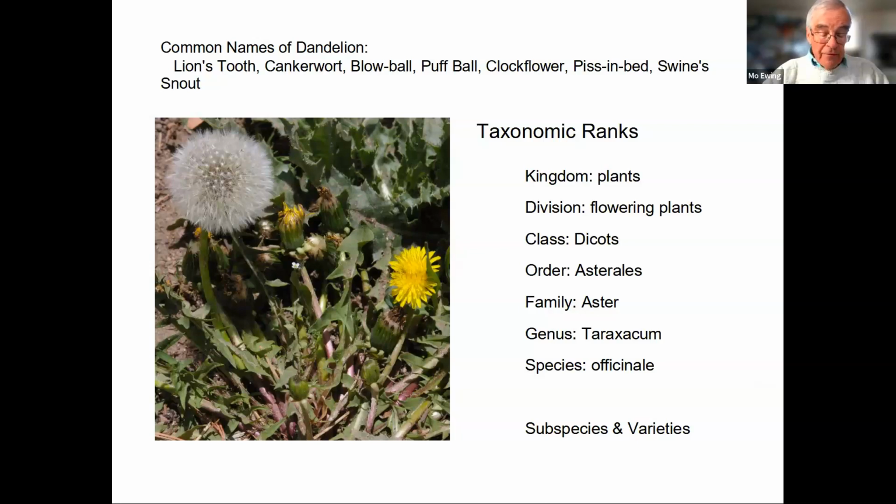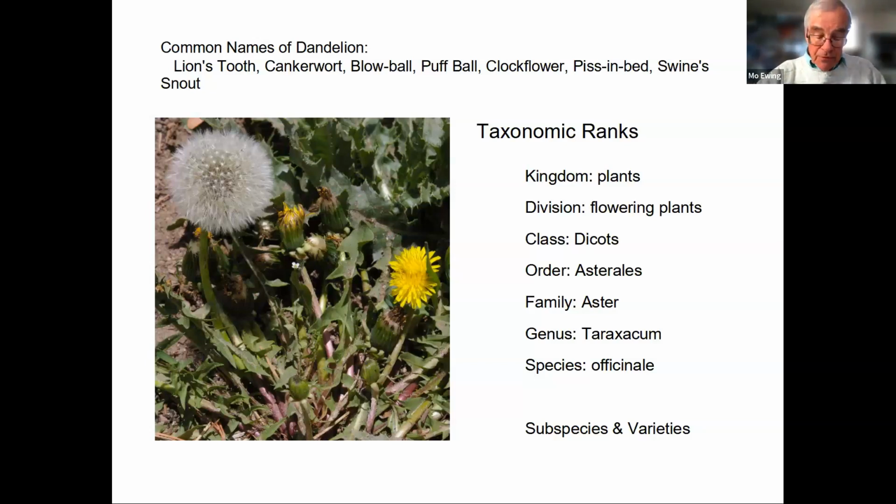84% of these are native, which means that they were here prior to Columbus coming and messing up our plant communities. 16% of them, or 525, are rare. And 108 of them are endemic, which means that they're only found in Colorado. So the question is, how do you remember all of these names? And before 1700,